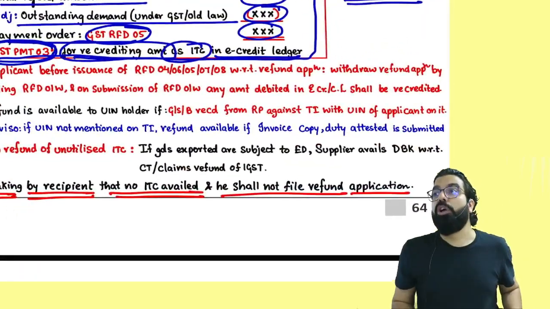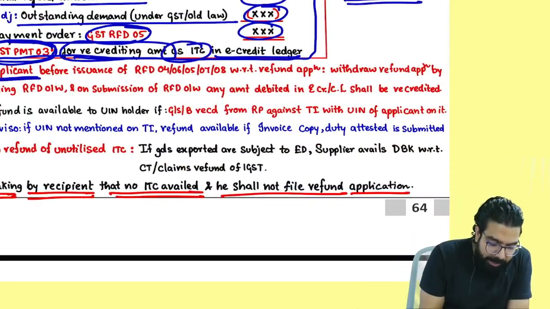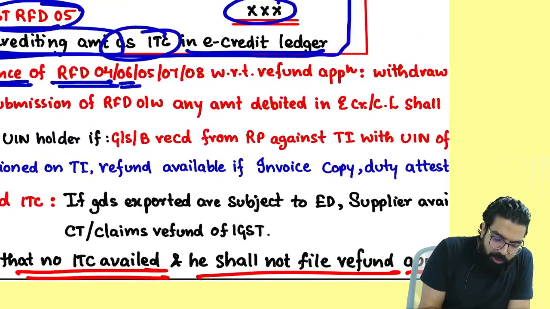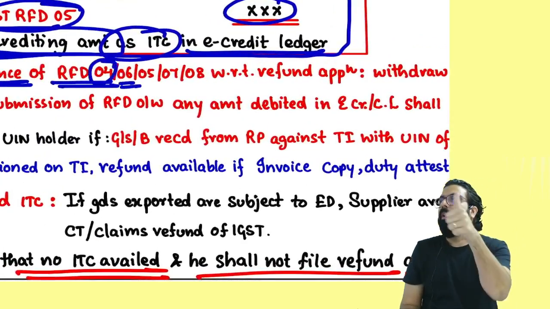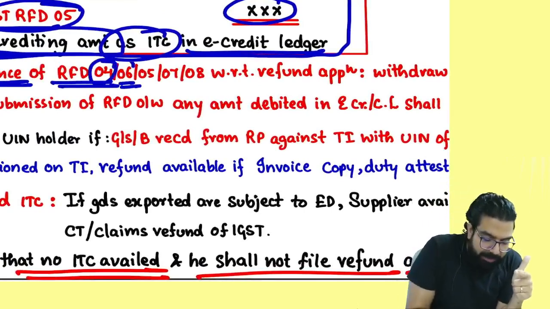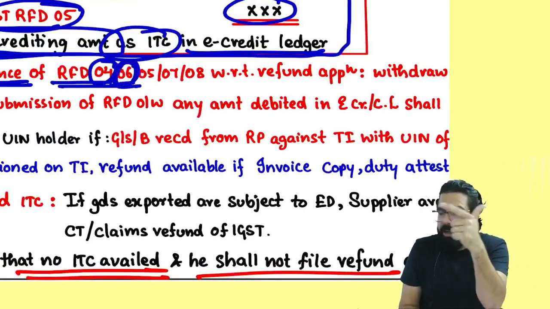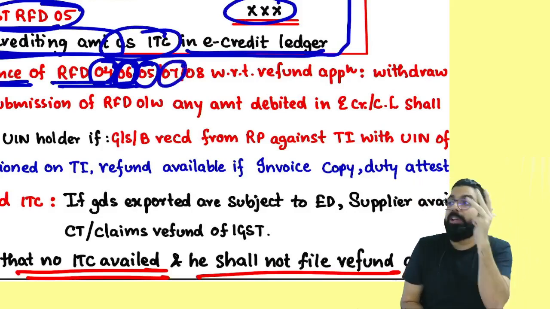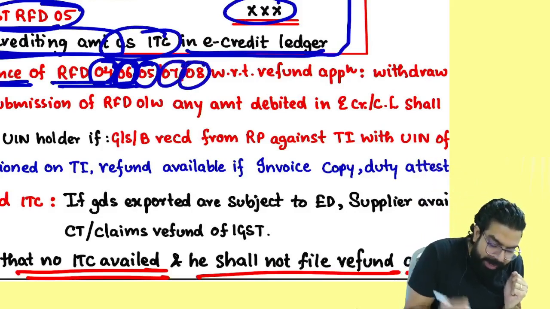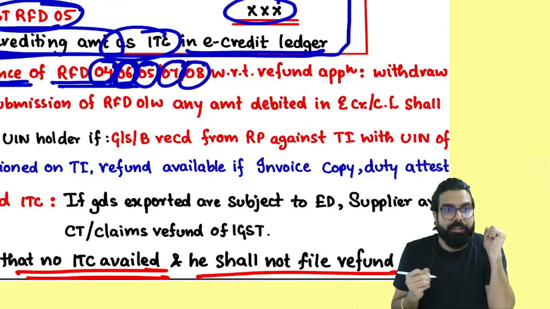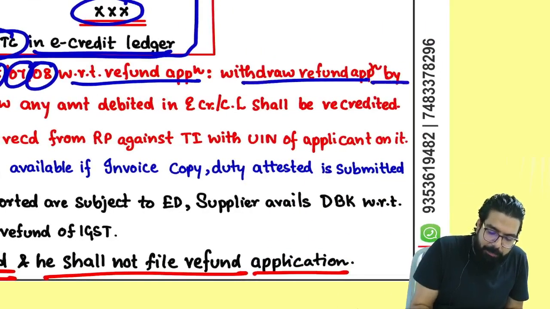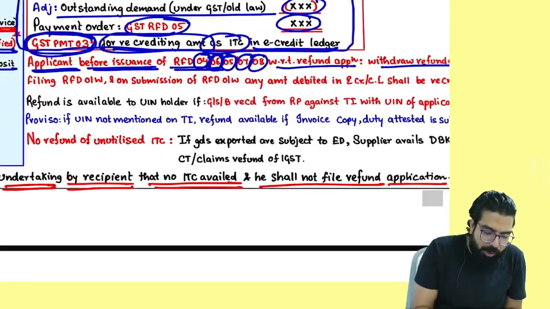Everyone over here. Sir, can I go ahead and withdraw my application for refund? Yes. Applicant, before issuance of GST RFD 04 or GST RFD 06. What is RFD 04? Provisional refund order. RFD 06, refund sanction order. RFD 05, payment order. RFD 07, withholding order. RFD 08, notice. Before that, with respect to an application, you can file a refund withdrawal application